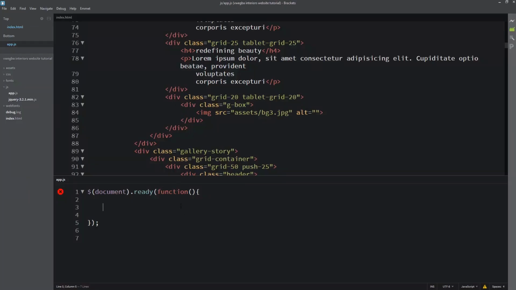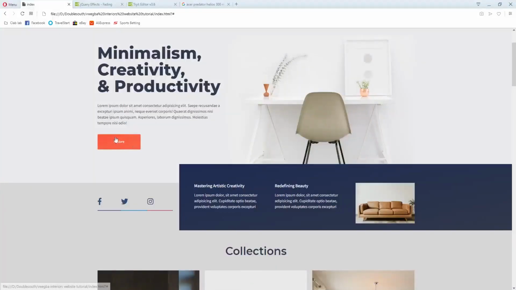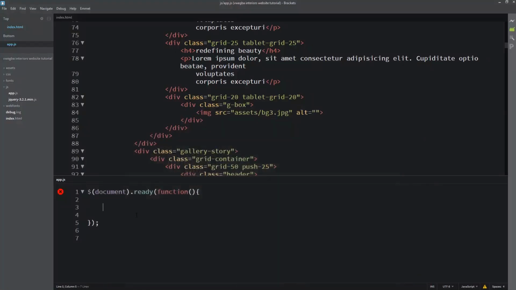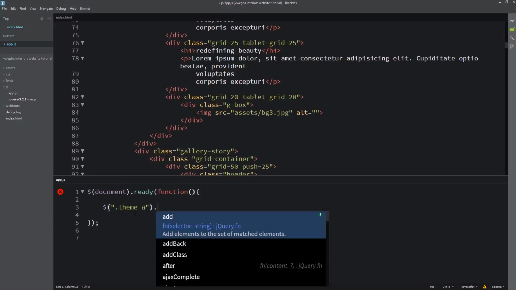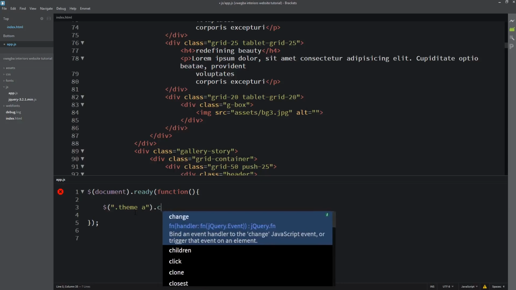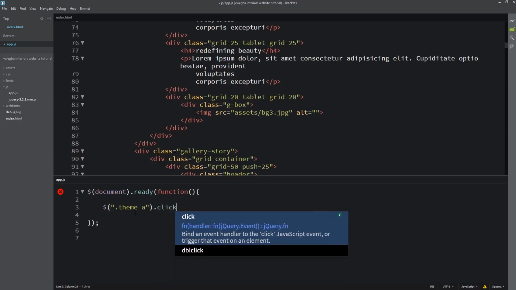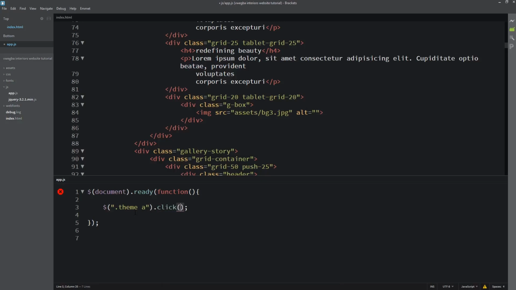We'll come here and use this button. When we click on this button, we'll target this picture to make the picture fade out. So I'll come here and type dollar, the button selector. That will target that button, and then when we click on the button, we fire this function.